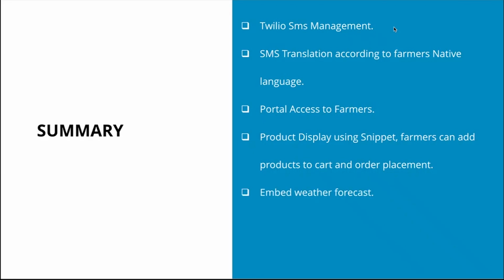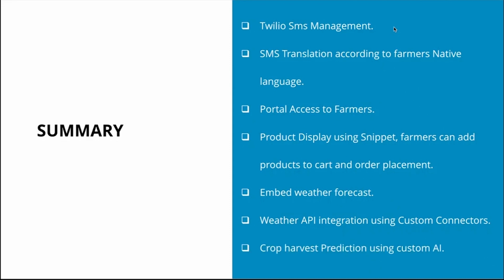And then we embedded an external weather forecasting link into the application that provides real-time weather information. And also we discussed how I integrated my Zoho Creator with the Open Weather API to get the temperature, humidity, and wind speed for a particular location. Also, we saw the AI prediction model and the Canvas layout designer. So I hope I have set a clear example about the use case that I brought for today's